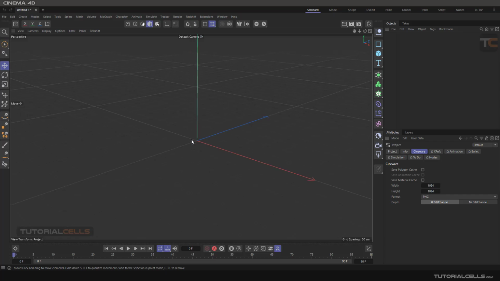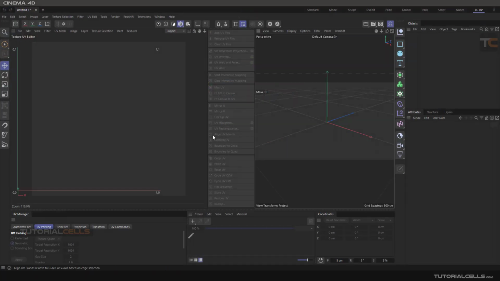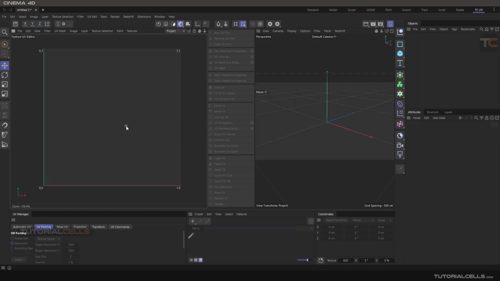In a previous lesson, we learned how to unwrap or create a UV, or UVW, from the projection. You can go to the UV edit or to your own layout that I created before. For navigating in the UV window, you can scroll your mouse, or hold Alt and the middle mouse button to pan. Let's begin from the